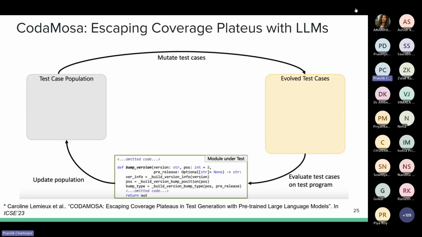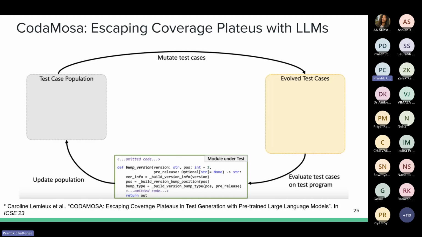Okay, so now in another approach, fuzzers are a very good tool, but they are not the ultimate tool. As with any tool, there could be some problems associated with fuzzers. One of them is that fuzzers can stop their improvement after a certain point of time. So let's say you are crossing over and mutating your sets of inputs, and after a certain point, you see that even after multiple mutations, your coverage is no longer increasing.